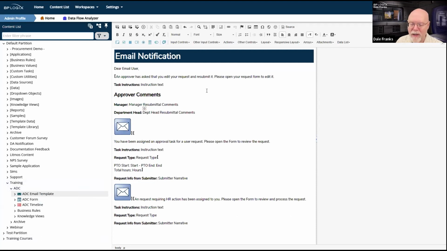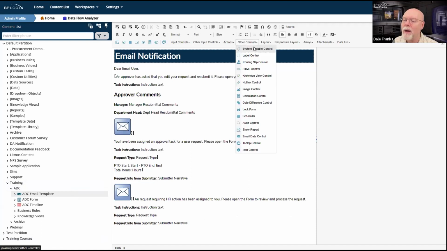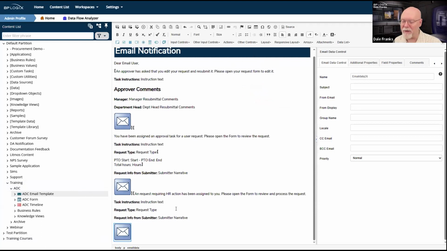And obviously they'll need a new email data control for this. So we'll go to other controls, email data control. Okay. It is other controls. There it is, way down there. Don't know why I couldn't find it.